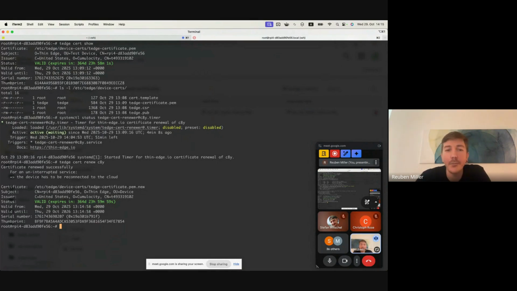But you'll notice that once I've renewed it, it isn't actually active yet. So this is also part of our robust thinking within ThinEdge, that let's not assume that everything just works. So we've got a new certificate, but we don't yet know whether it can be used to establish a connection to the cloud. So it's just kind of like a candidate that we can use. So let's